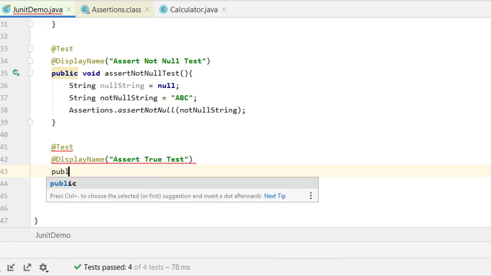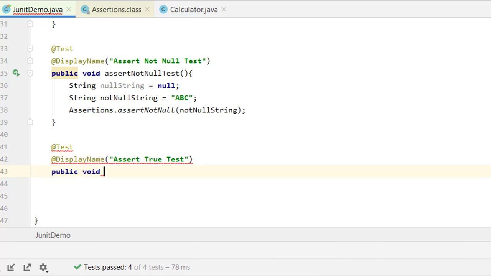Now let me create a public void assertTrueTest. So what this assert true will do is, whenever we provide any true value in this particular assertion, it will pass the test case, and if the value is false, then it will fail the test case.